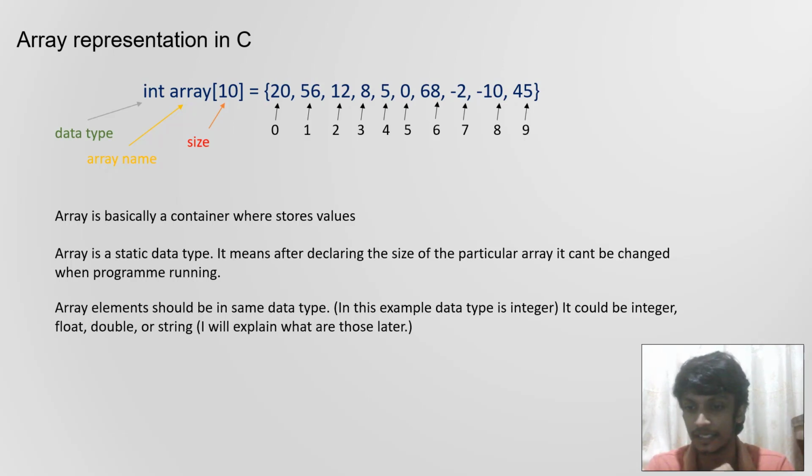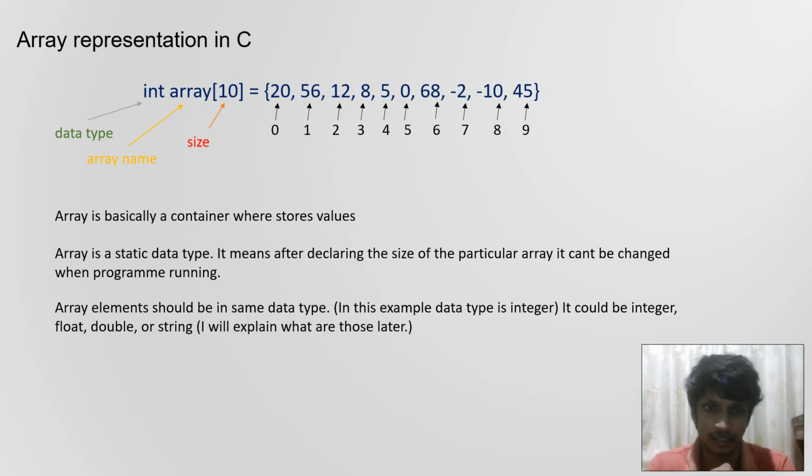It could contain integer values, string values, float values, double values, any kind of value, but not mixed values, which means your array must not contain both integers and strings. If you want to make a valid array, it should contain only one data type. If you want to store integers, then only integers. If you want to store strings, then only strings. No integer values or other data types in a string array.